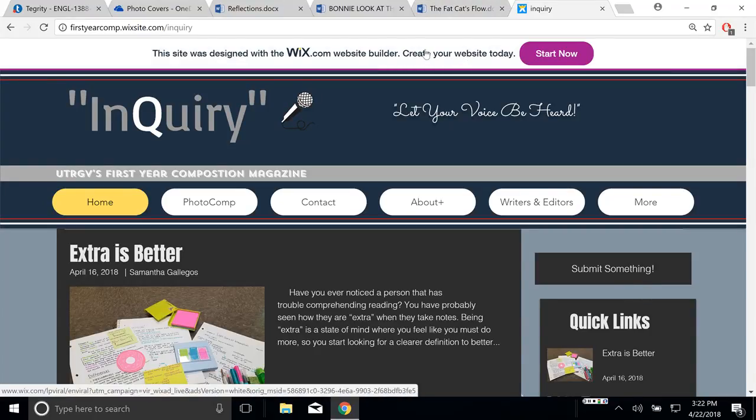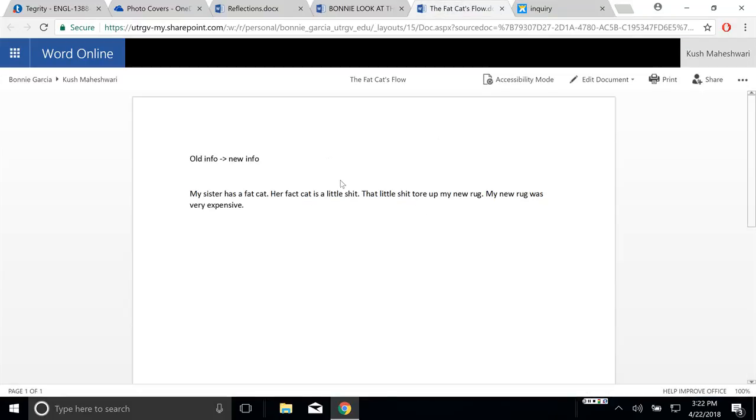Right, and so save the best for last, of course. This is something my teacher showed me, which is really awesome. So you always want to go from old info to new info, and I was having a lot of trouble doing this, and I put this into the peer criticism, peer learning category, because your teacher ideally should be your peer, and you should be able to interact with your teacher just like you would another student. They should be approachable, and I'm happy to say that Ms. Garcia really was, and it was an awesome experience.